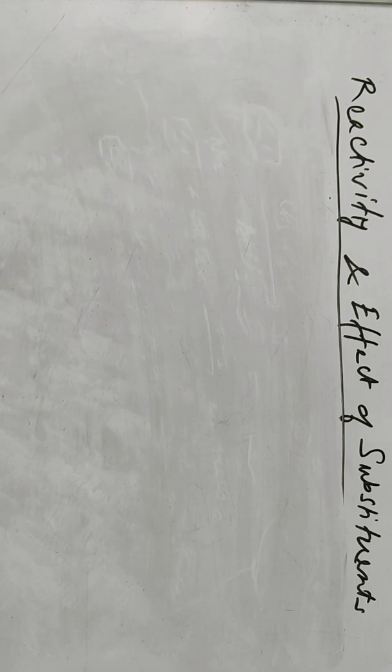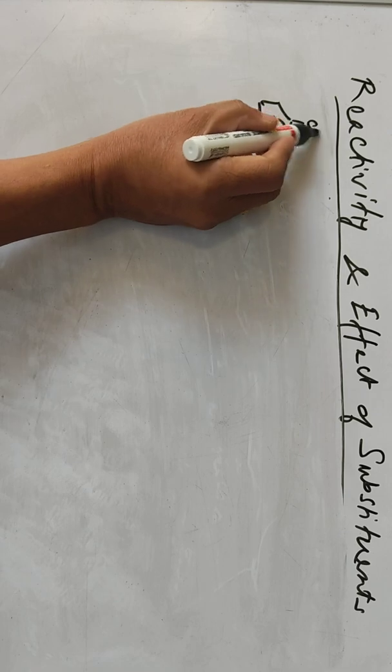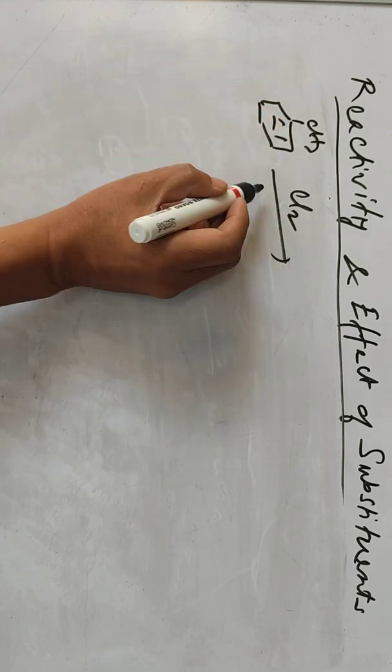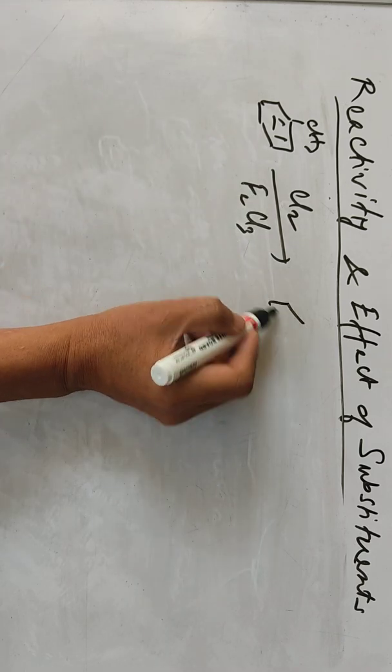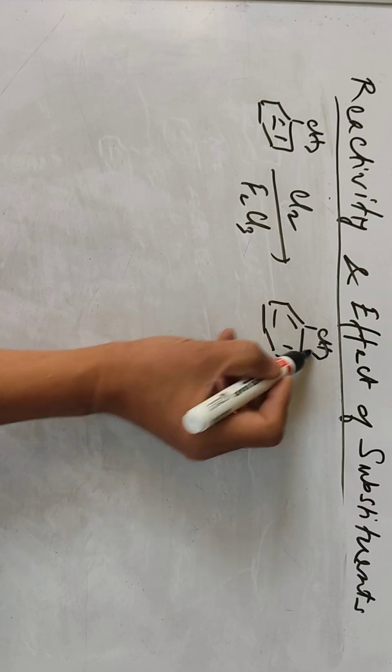Suppose we have this compound with electron donating groups that reacts with Friedel-Crafts chlorination. The chlorination takes place to give the product in the para position. So let's say the para position,